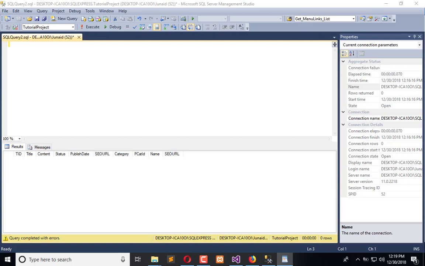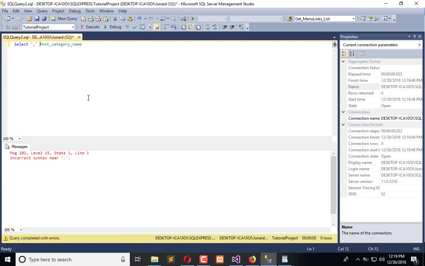We will use a subquery for the tutorial post category to fetch the record after each comma. So let's create it. First we will create a subquery. So we will use here select comma, and it will return us the comma. The name of category, which is post underscore category dot name,